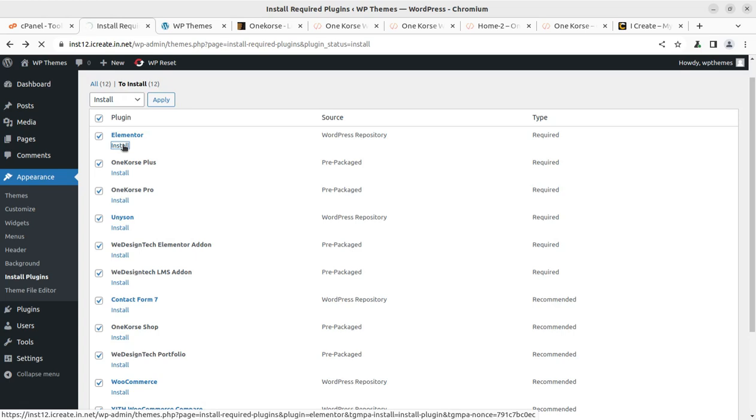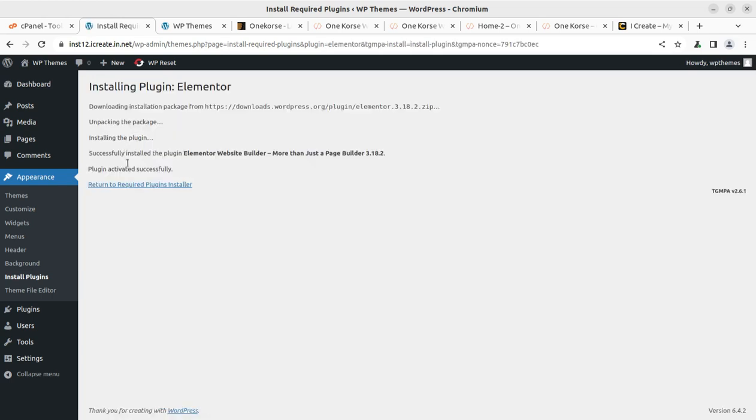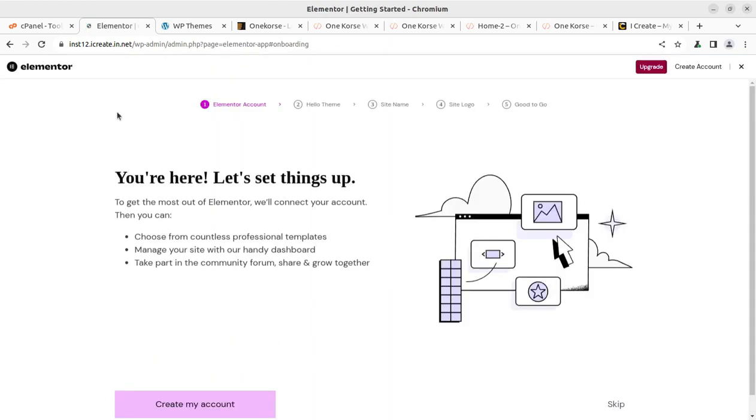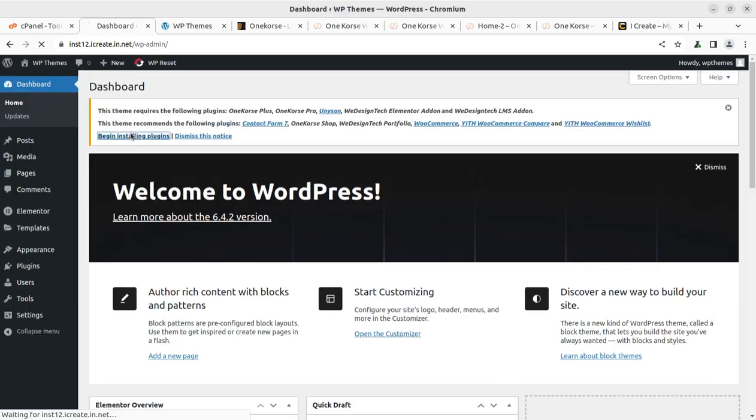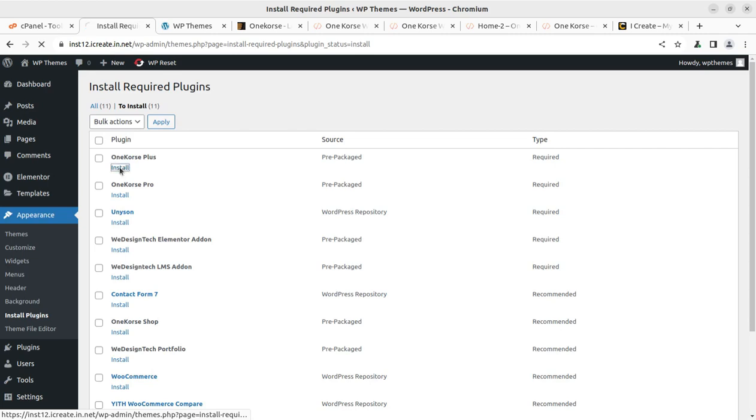It will avoid the error during the plugin installation if we are installing the plugin one by one. However, it may take a while, of course. But yes, this is a very, very good process for installing plugins in an error-free manner. So the plugins are being installed and activated along with, and we can keep going for installing the rest of the